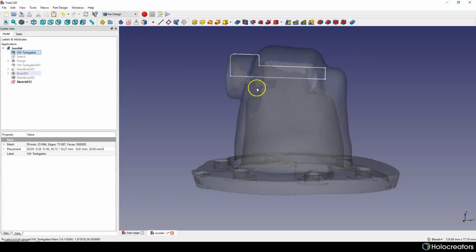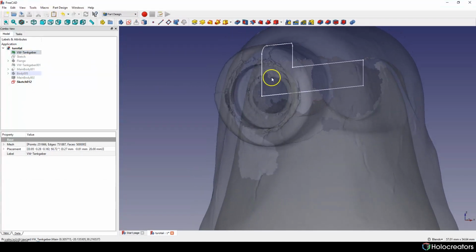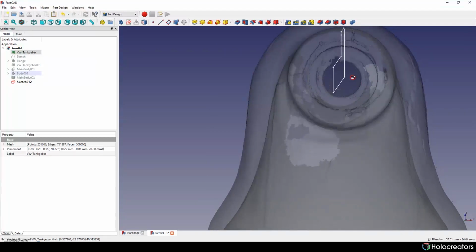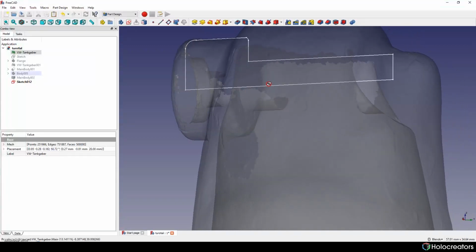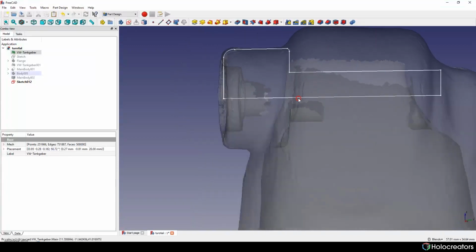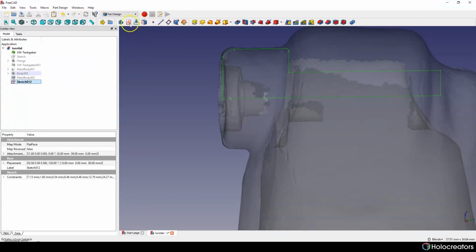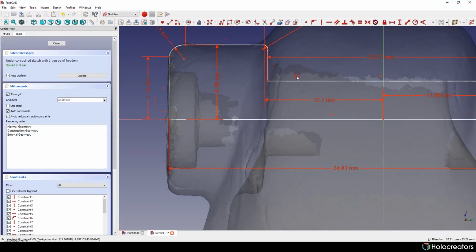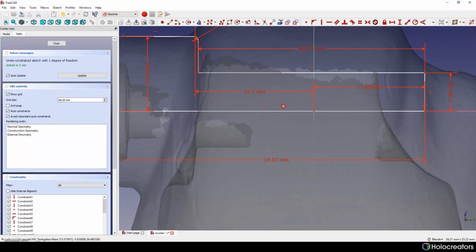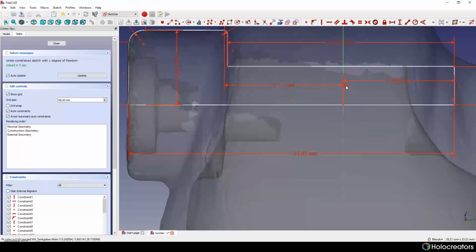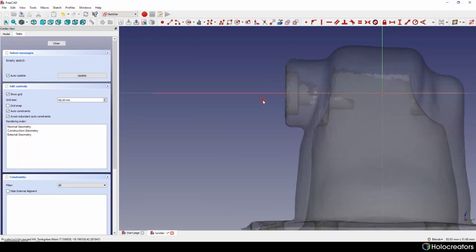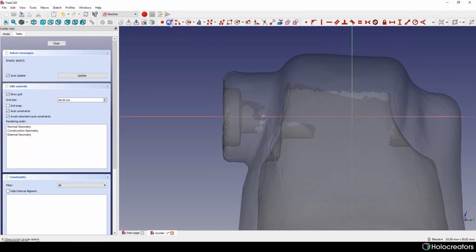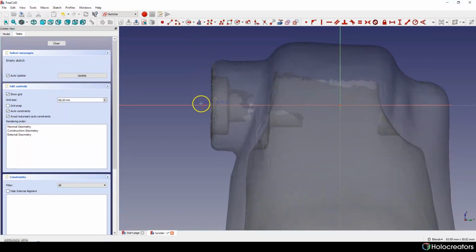Yes, and that's correct. And now we should create this inner section. So basically it's the same process. We need to change this sketch. I think we can leave some parts of it. Now let's just delete all this, and we can start drawing a new sketch.